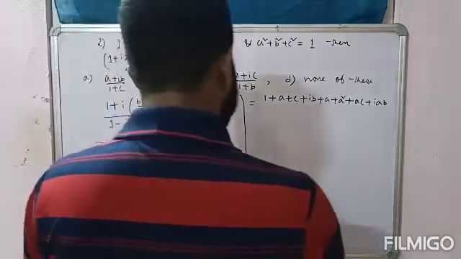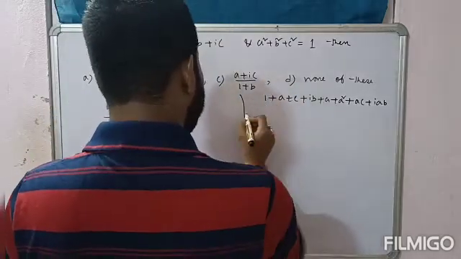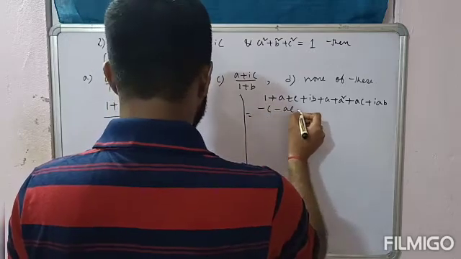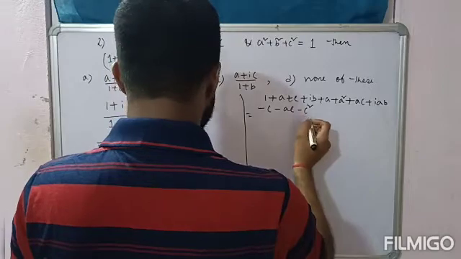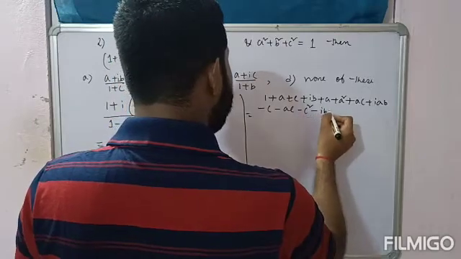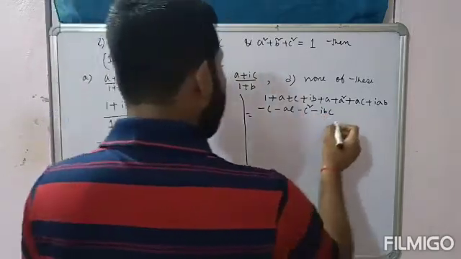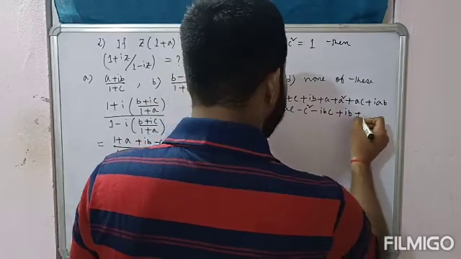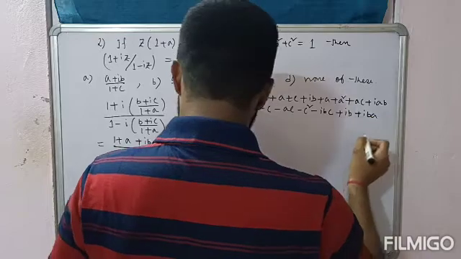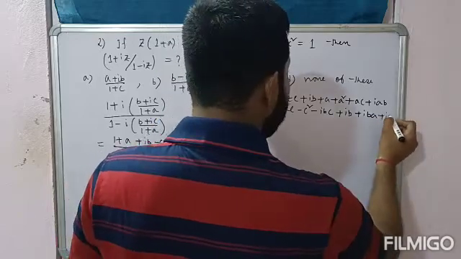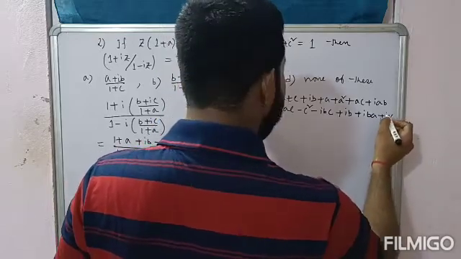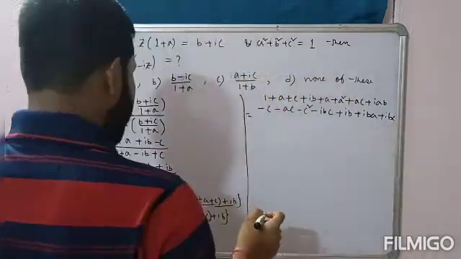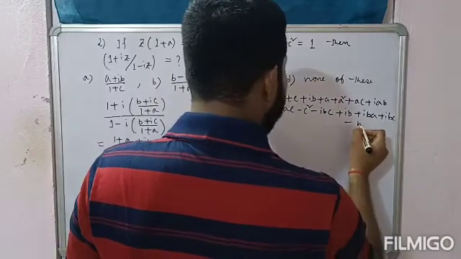Now start with minus c. So this will be then minus c minus ac minus c square minus ibc. Now with ib, plus ib plus iab plus ibc plus ibc minus b square